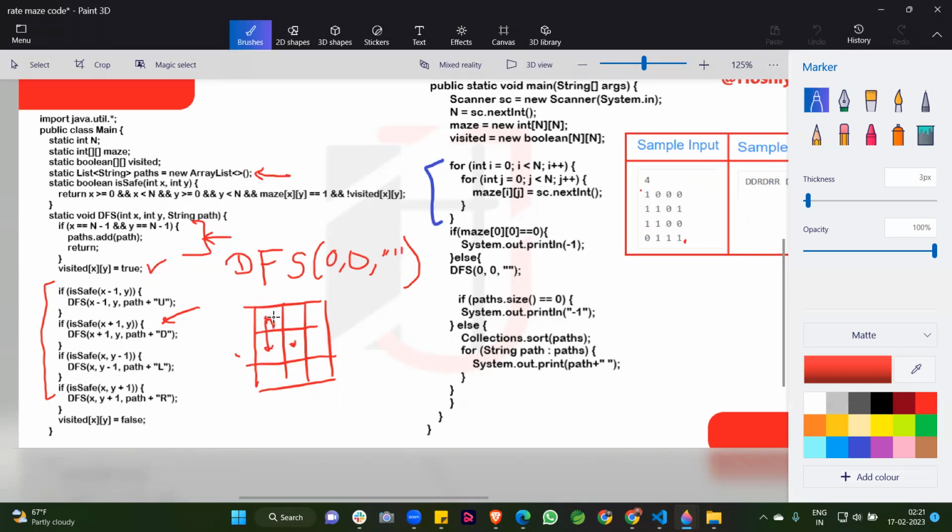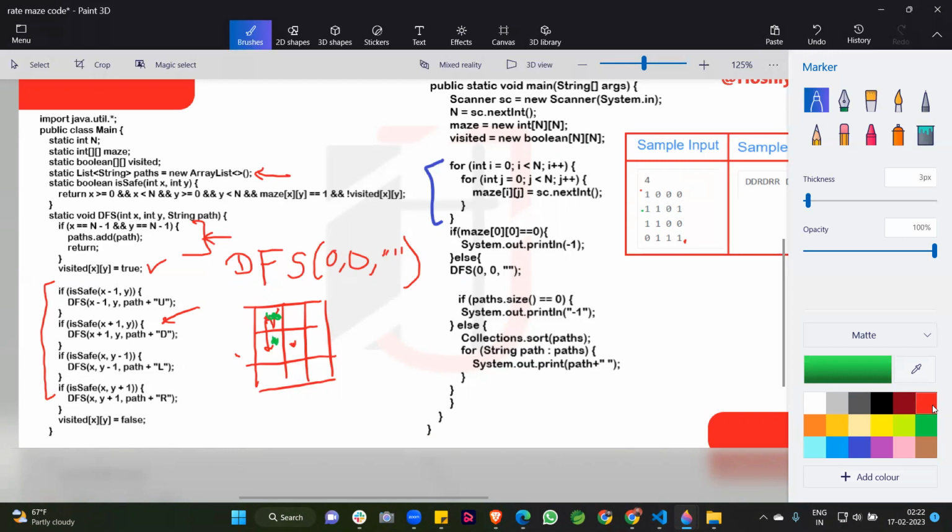So this position is visited. The first time we print true for visited x comma y, so x comma y is the starting position 0 comma 0, which is true. This is visited, so for the visited cells I mark them green. After that, when I call the function dfs x plus 1 and y again, x plus 1 is 1 comma 0, so I come to this position. When I call this function, we also mark this position true, because we have come here and it is visited now.